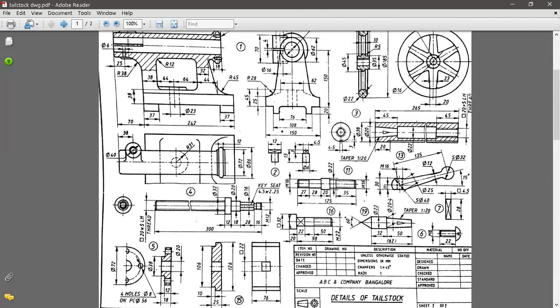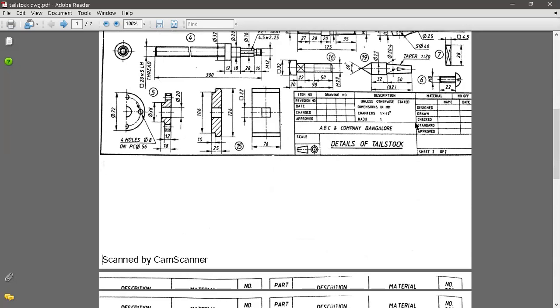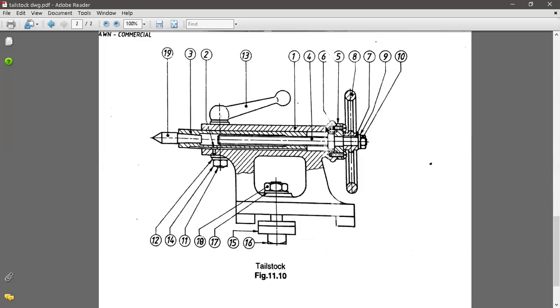By observing all these dimensions, now you are familiar with the front view and top view.